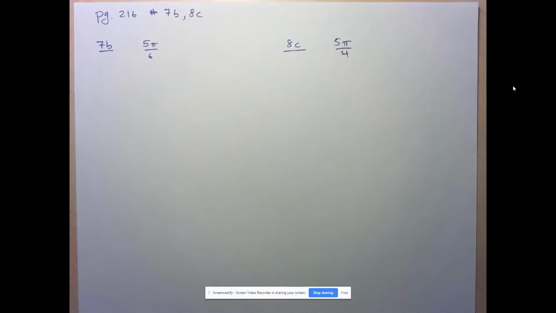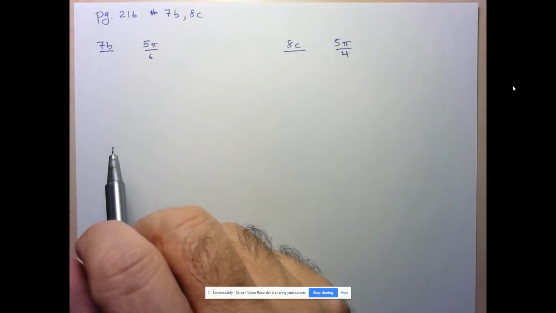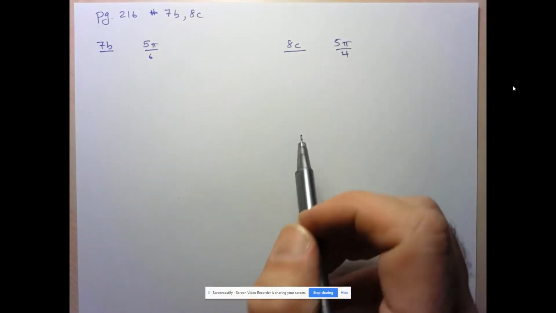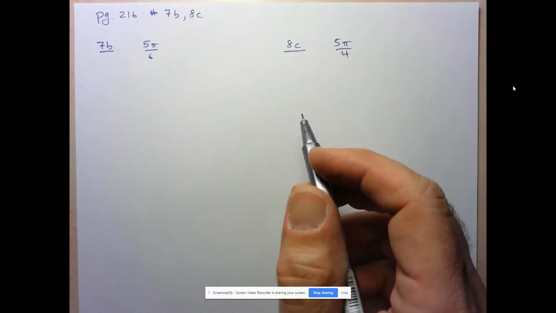Hi folks, we're going to take a look at 7b and 8c from page 216. In 7b, they're asking us to find the primary trig ratios for this angle, and in 8c, they want all 6 trigonometric ratios for the angle. All right, so the way I'm going to do this is the way I do all of them right now,